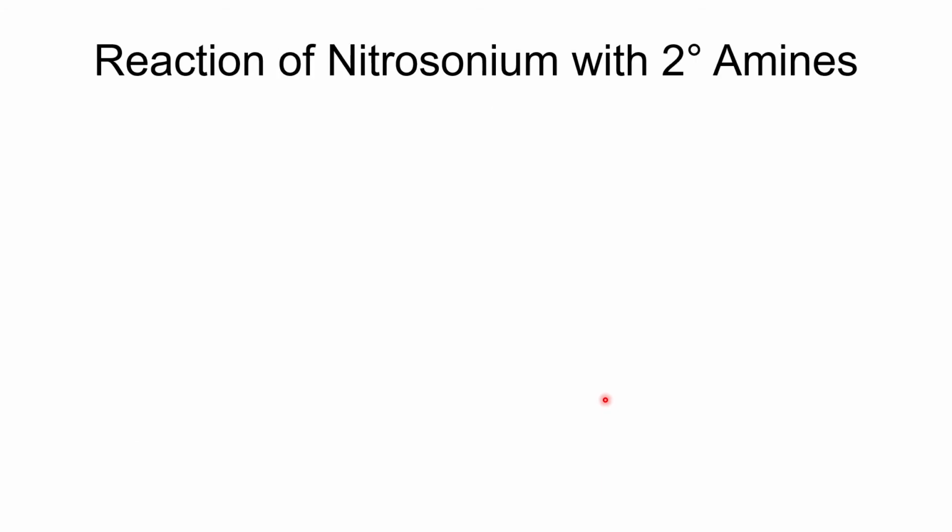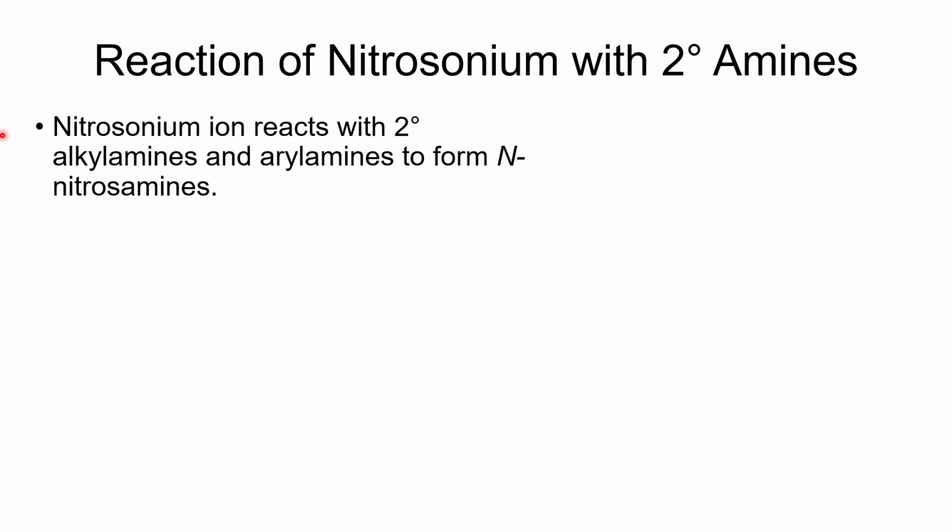All right, we're going to very briefly talk about what happens when we react nitrosonium ions with secondary amines. We get something where it stops. We don't go all the way to the diazonium because we can't do that extra deprotonation where we remove that hydrogen. So the nitrosonium ion will react with secondary amines and aryl amines, so both alkyl and aryl amines, to